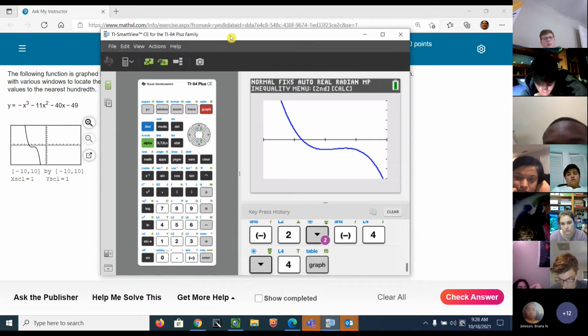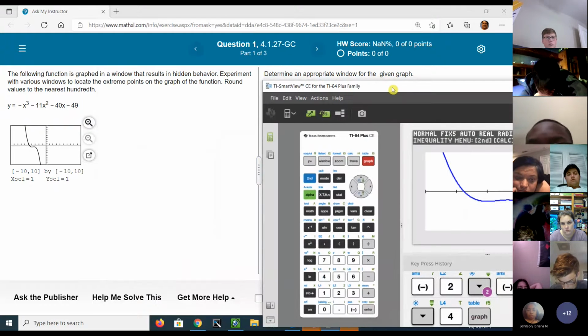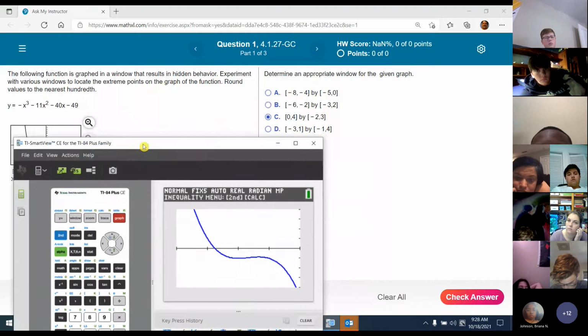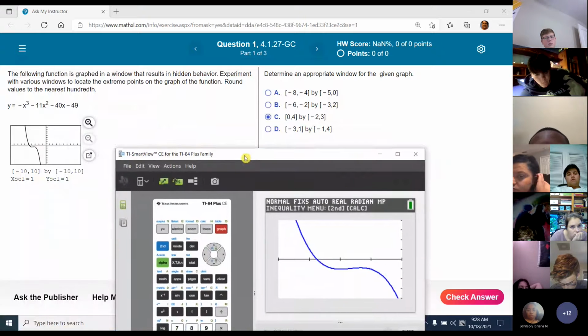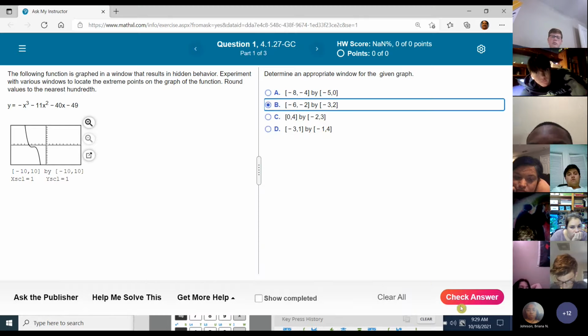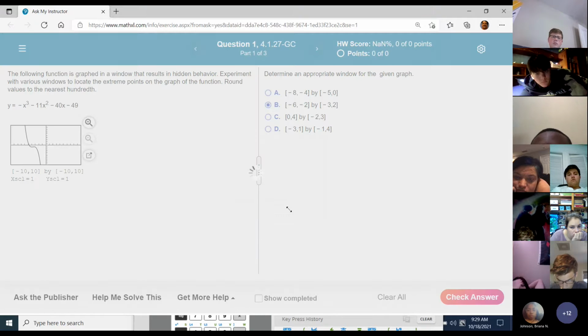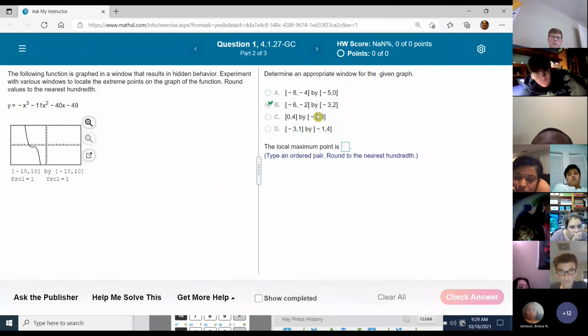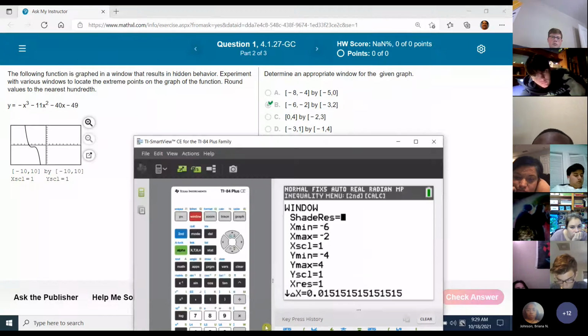So the question should say, determine appropriate window for the saddle of the function, because that's what they're wanting. What's my window say? My window says negative 6, negative 2, negative 4, and 4. I would say probably B might be the best. But this is subjective. And you see how I got that? I got that by zooming in and playing with the calculator. And the question is misleading, but they do say right here